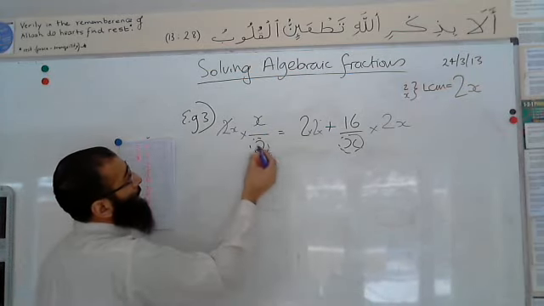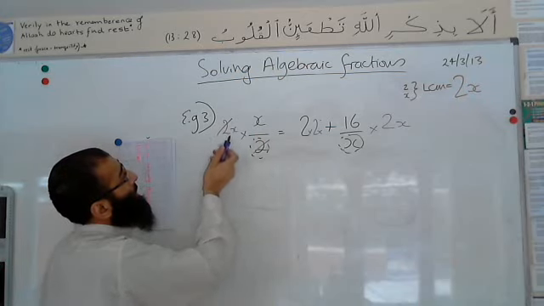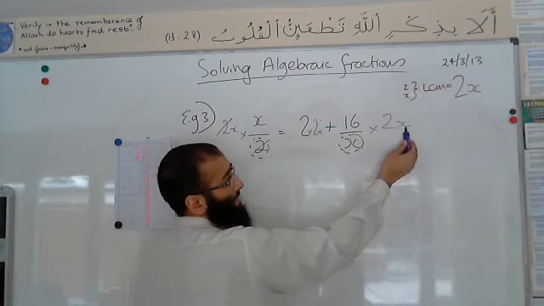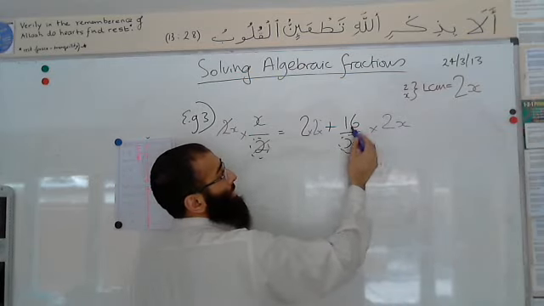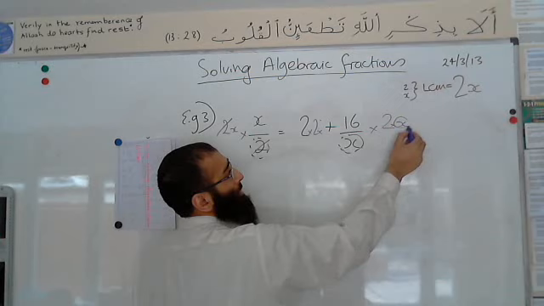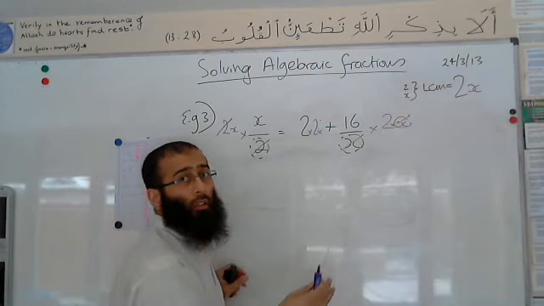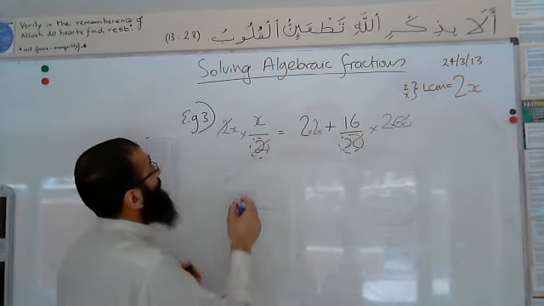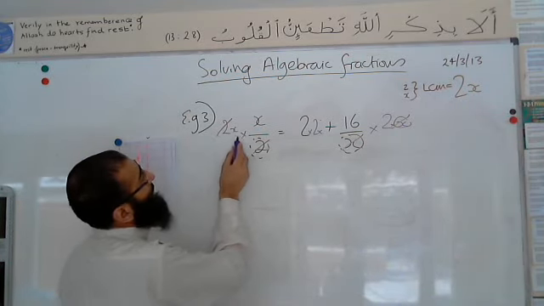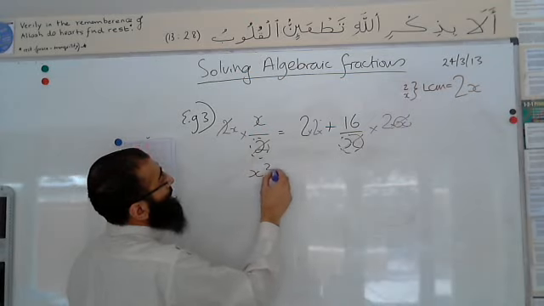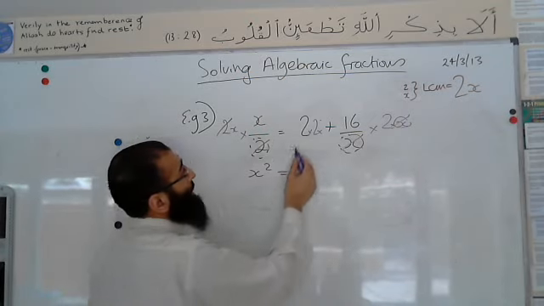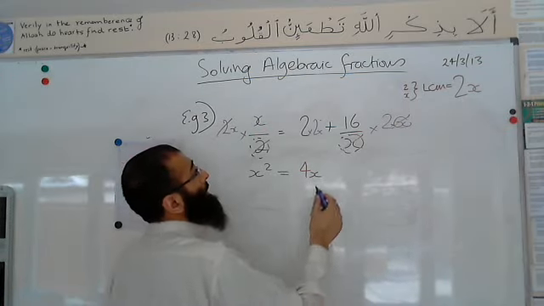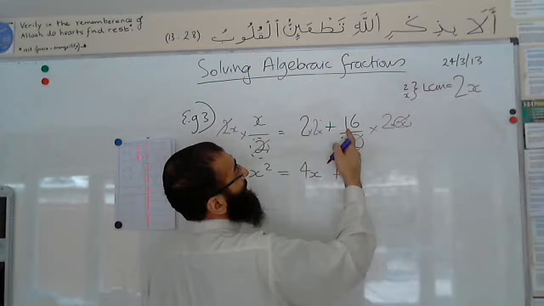So this 2 here will eliminate that 2 by simplifying. So divide that by 2, divide that by 2. This x here will eliminate this one, because we've got here 16 times by 2 times by x. So divide this one by x, divide that by x. So now the denominators have completely gone and the question will come to the top. So we can now multiply the rest. We have x times by x is x squared. We have 2 times by 2x, which is 4x. And then we have 16 times by 2,